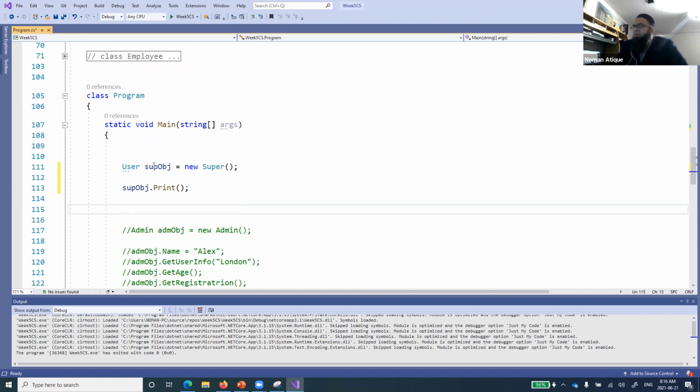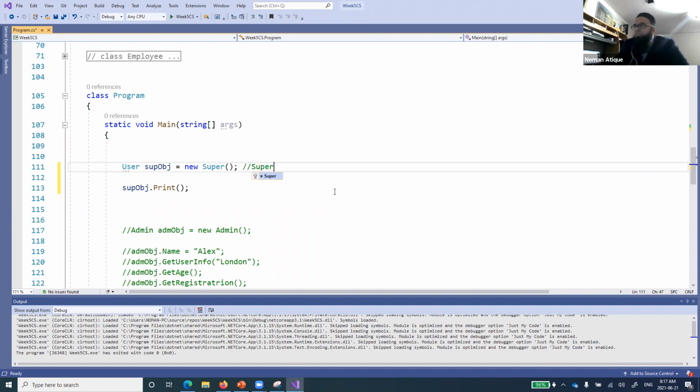Yes, exactly. Polymorphic reference, whatever you call it. So what we are doing is that the parent class reference is being assigned an object of the child class. Now, we should be very clear about this. Why are we able to do that?